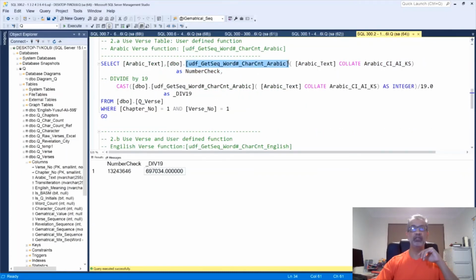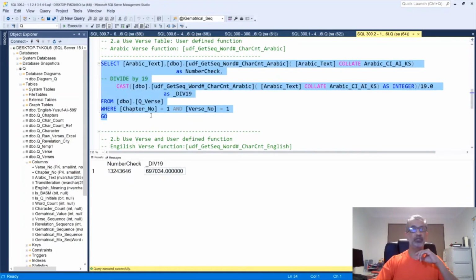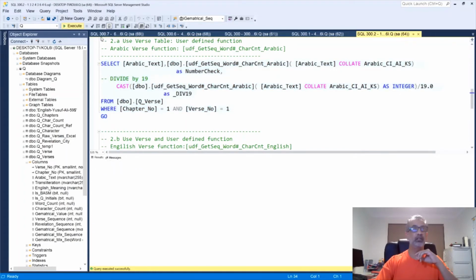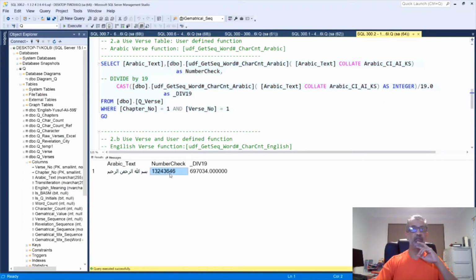Now, what I wanted to show you is I've also got these user-defined functions, which I'll show you right at the end. This function is like a backend logical function, which does all that number joining and crunching to formulate the pattern. If I run that function and I run the Arabic version of it on verse 1, chapter 1, as you can see, I'm limiting it here. Let's run that. You can see again, I get the same sequence, and I've got the division by 19